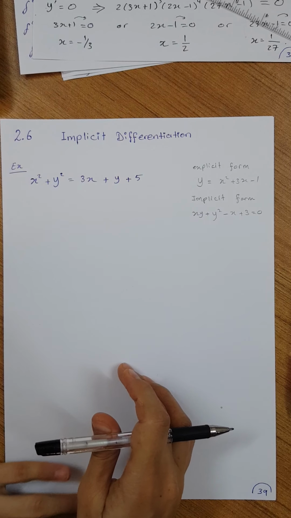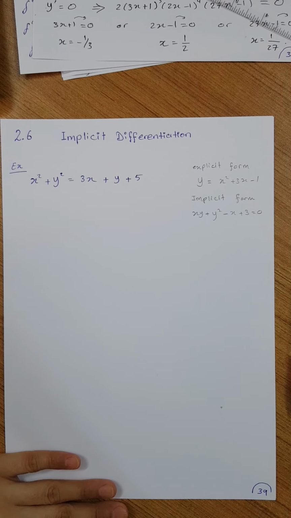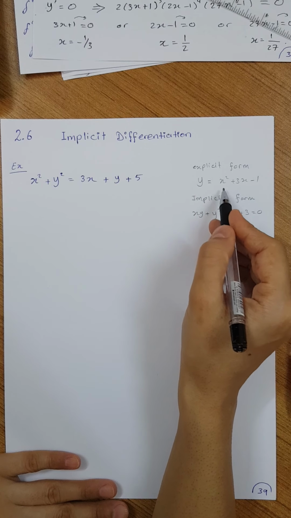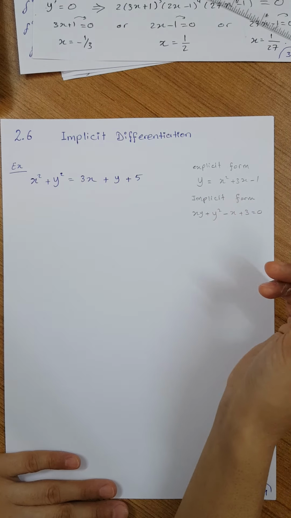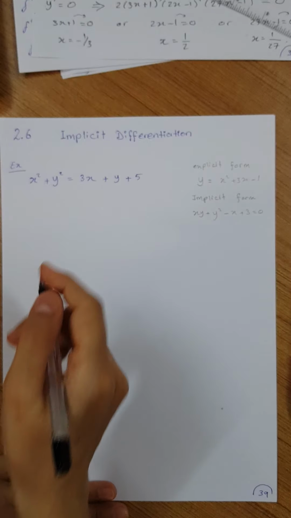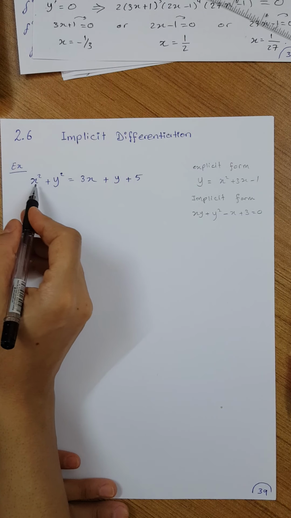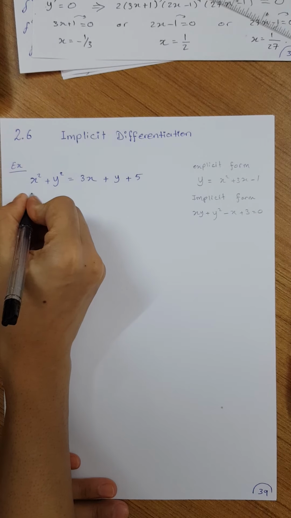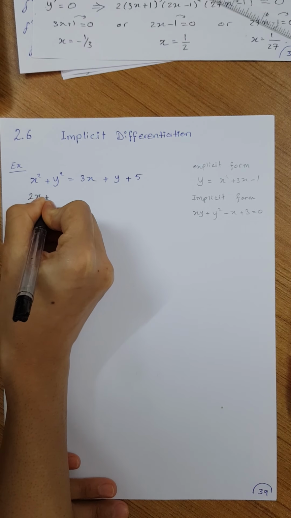Here, if you have got an example x squared plus y squared equal to 3x plus y plus 5. If you look at that function, it's written in an implicit form, not an explicit form. So we are taking implicit differentiation of that function. In previous examples, we were writing y prime is equal to, for example, 2x plus 3. But here, they are all together, so we do not have y prime alone to be written. What is the derivative of x squared? We have studied previously that the derivative is equal to 2x, plus